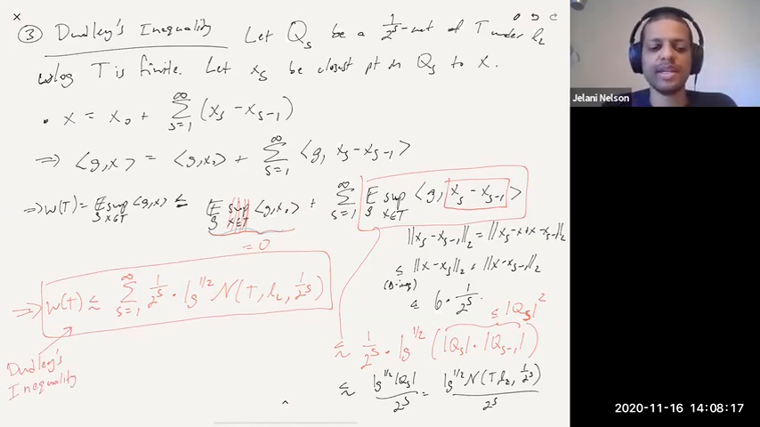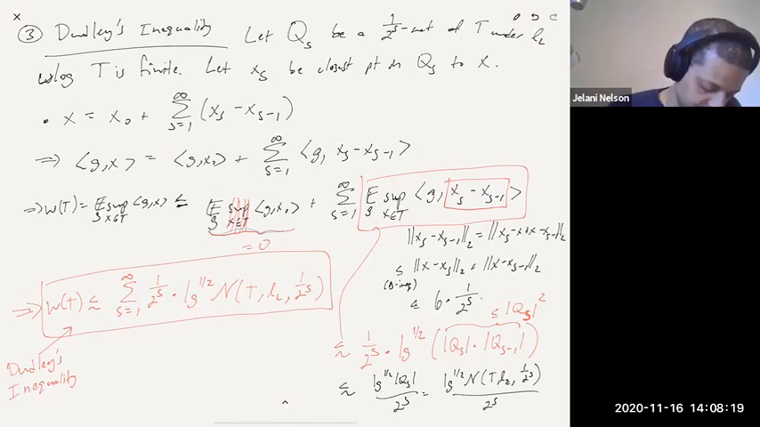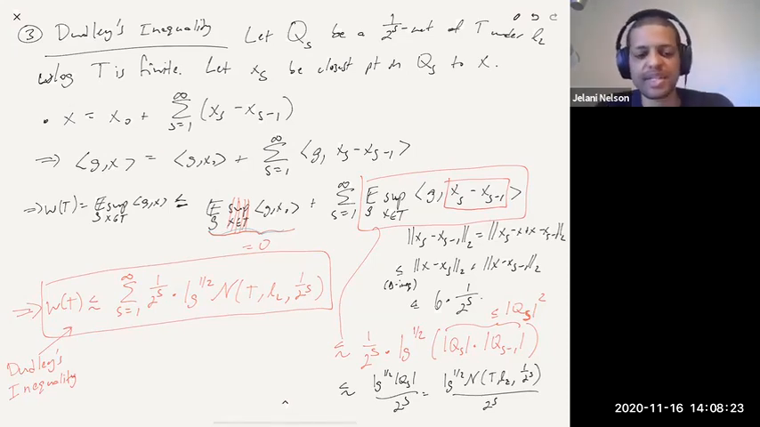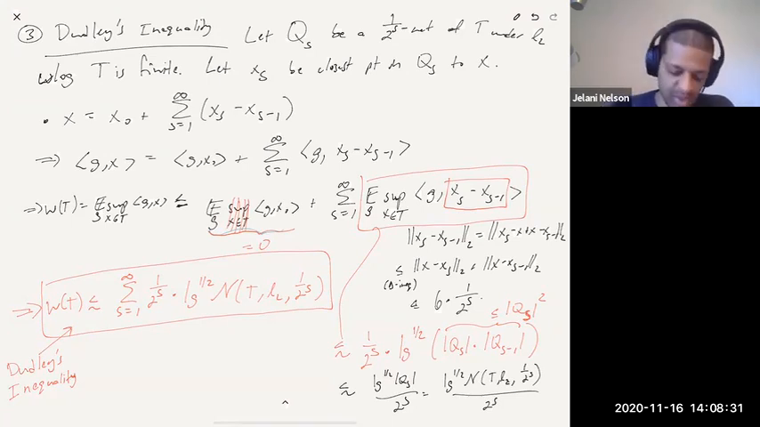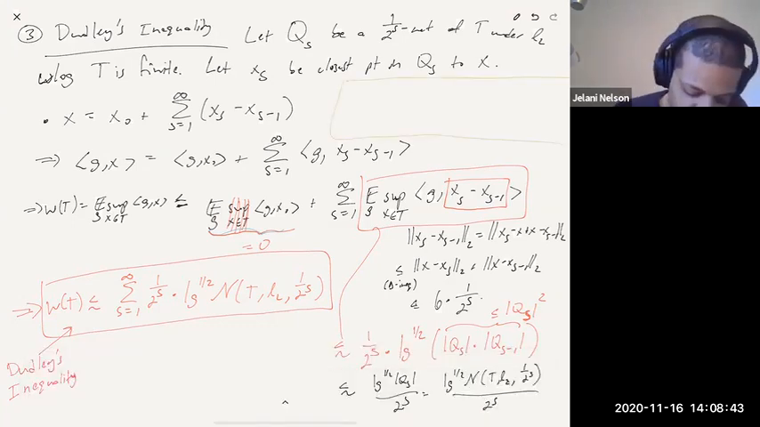Oftentimes when people write Dudley's inequality, it's a very well-known theorem. You can find it in textbooks. Oftentimes when people write it in textbooks, they just approximate this sum by an integral, like the usual trick of, how should I say it? So you can think that you're plotting something where